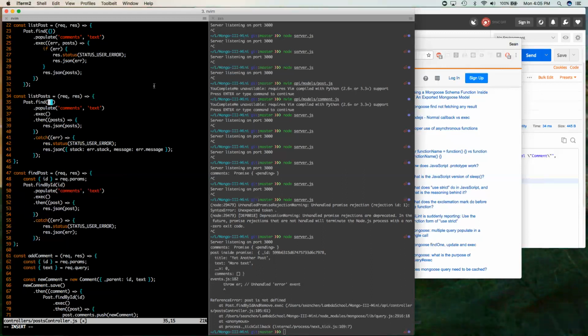Within all of those posts, their comment arrays are just IDs, because we haven't called populate on them yet. So what populate does is add more queries on top that go look through the comments arrays, find the corresponding comments documents,